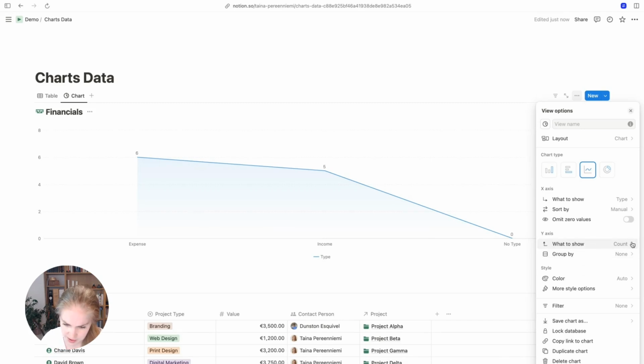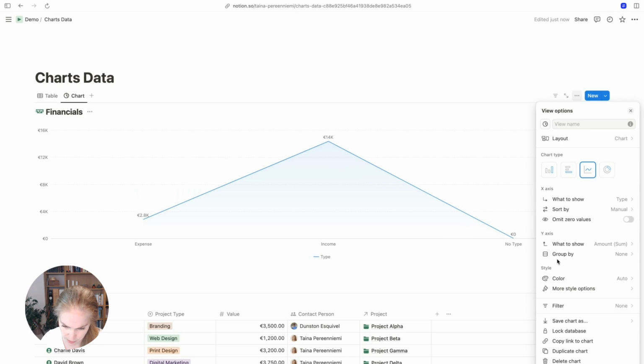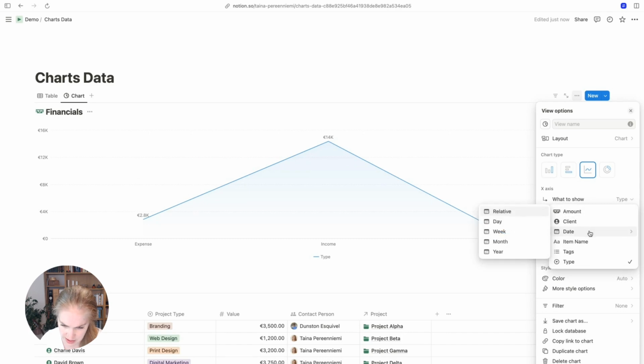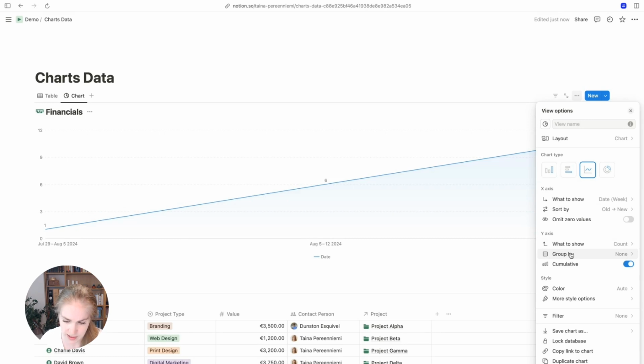So for y-axis, I'm going to choose the sum of the amounts. And for the x-axis, I will be choosing date by week. So now I can see it like this, and I wanted to make it cumulative, so I have this option here. But as you can see, there are a ton of options you can pick from in order to really